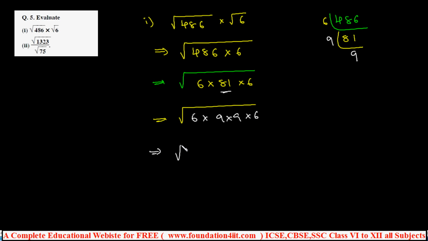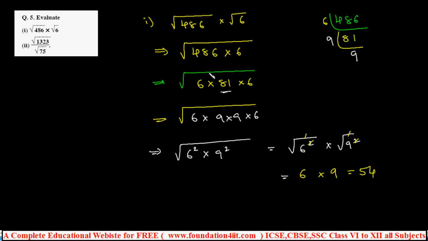So now every number is 2 times. That is 6 into 6, 6 square, 9 into 9 is 9 square. So we'll separate this: square root of 6 square into square root of 9 square. Square root of 6 square is just 6. Square root of 9 square is 9 because square and root cancel. 6 into 9 is 54. Anyway, if you multiply 486 into 6, you get some big number. Again, if you do prime factorization also, you'll get 54 as the answer. But to make it simple and to do it fast, individually you can go splitting. By observing another number, you can verify whether it is possible or not and do it.